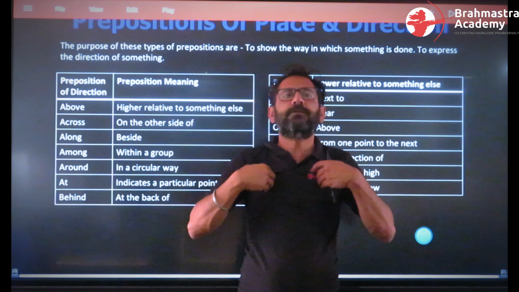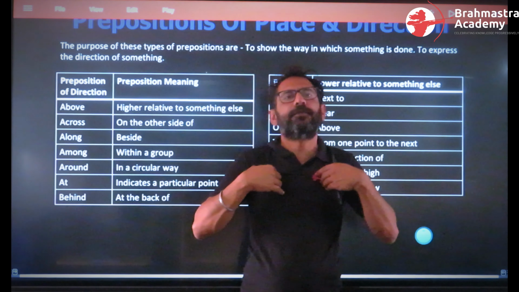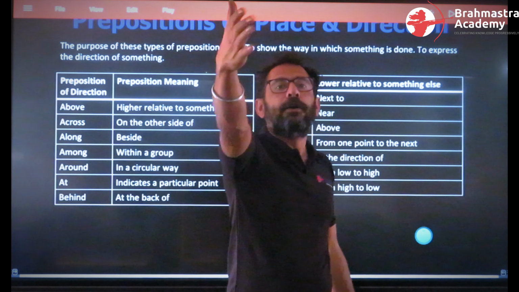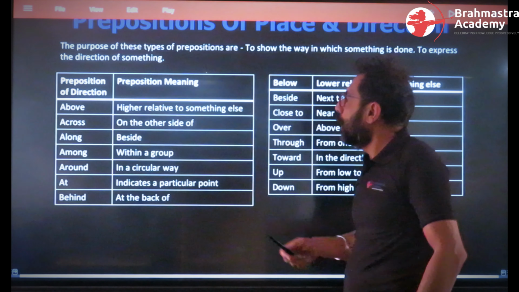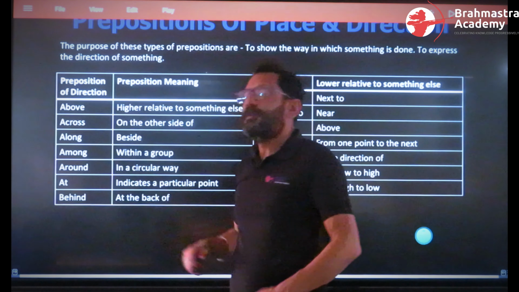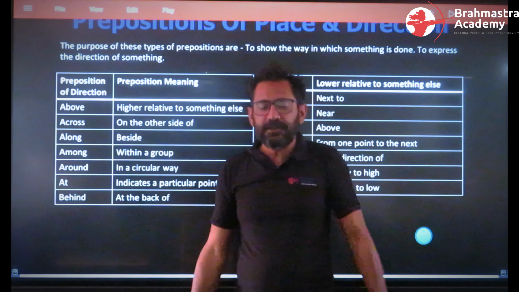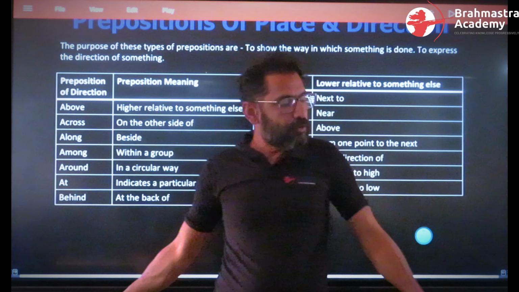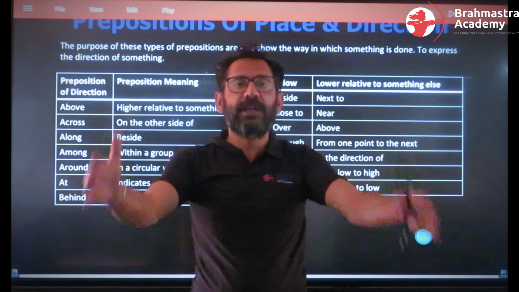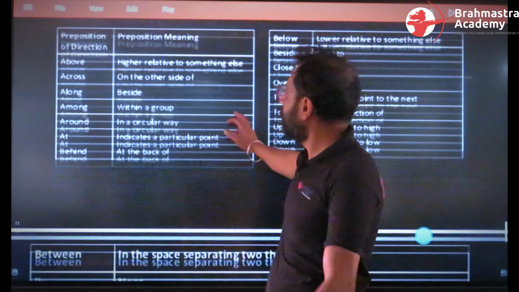Across basically means what is in direct opposite of me. So, for example, I am standing in front of the camera, I'm standing in front of the door. So that is across me. So we use the word across. Along and beside. Along basically means if I'm moving this way to my right side or to my left side, whatever is moving parallelly, we use the word